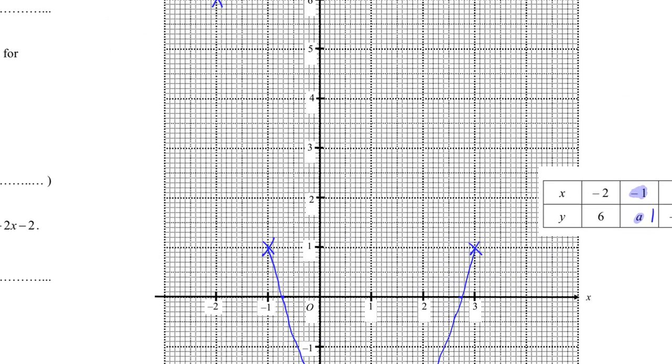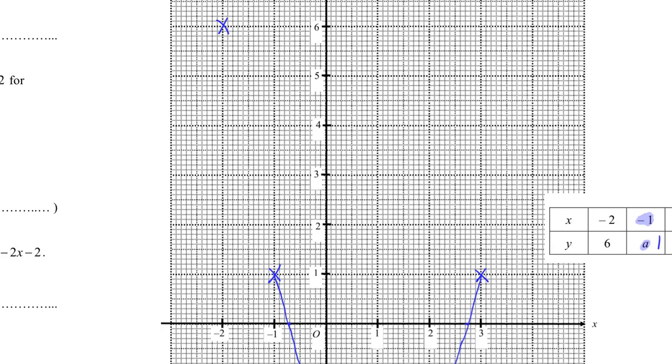And continue to finish off this point here. And continue. And you should see